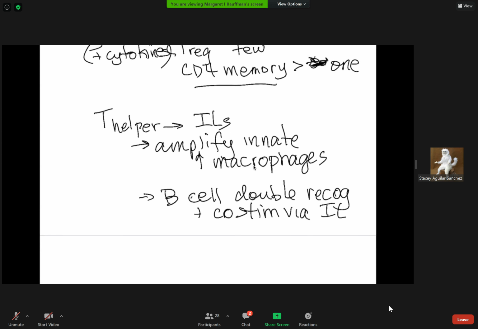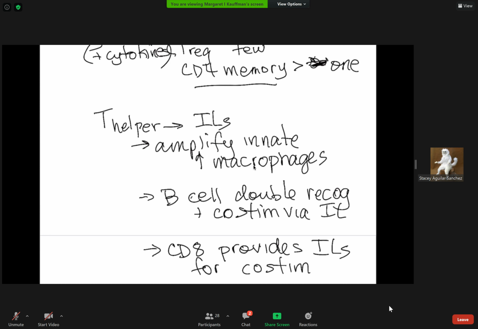In the cellular immunity, the helper T cell binds to a dendritic cell, which then helps the T cell stimulate the dendritic cell to express co-stimulatory molecules. The dendritic cell can then activate CD8 cells with the help of interleukin 2, which is secreted by the helper T cell. And it's required for clonal selection, and helper T cells also stimulate, I